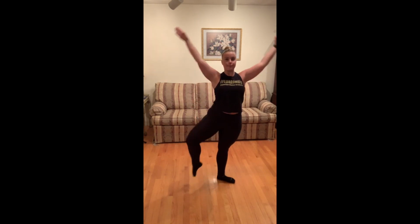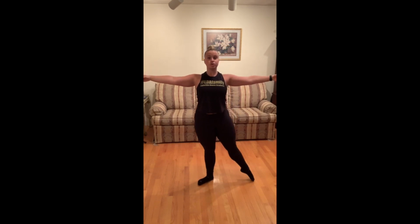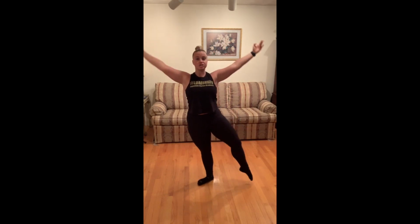So when you're coming from the right side, tendu, high passe. Tendu, keep the arms in second. Tendu, high passe, tendu, arms down to first. Yes? So just like we do very often when we do center work together as a class with tendu, high